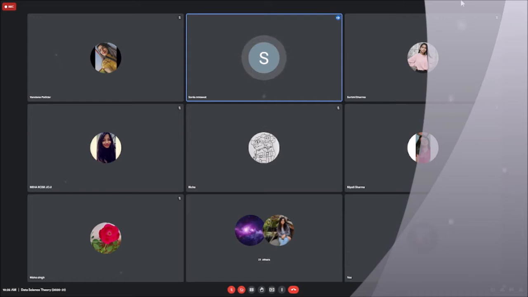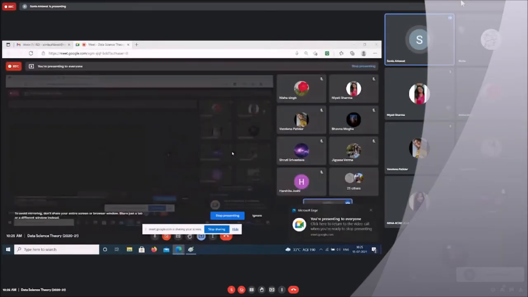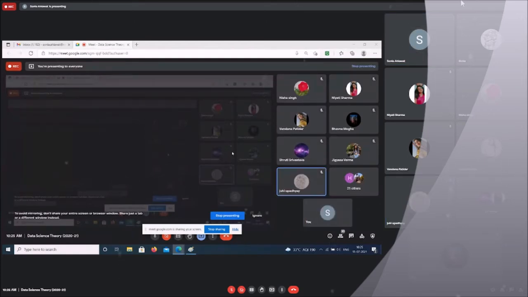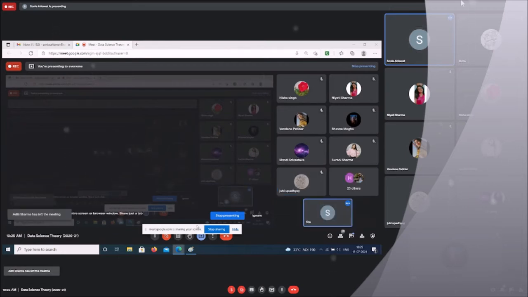So class, let's talk about cost function की definition. सबको clear है? At this point, at least cost function की definition पता चल चुकी है सबको. What exactly we mean by that? Yes, class. Fine. So let's talk about what is local minima and what is global minima. Okay. So class,